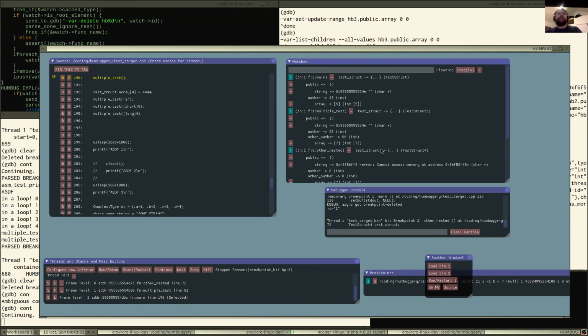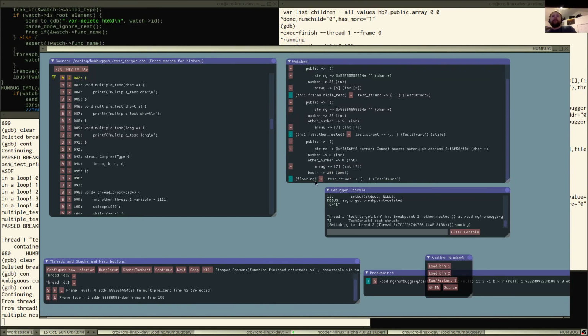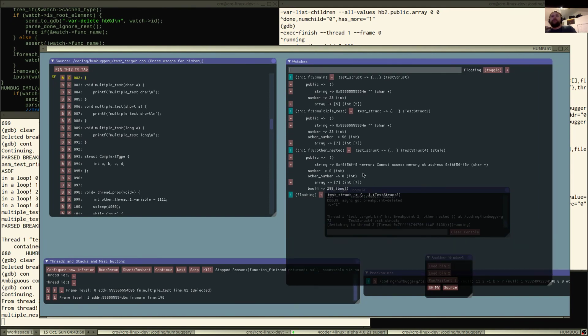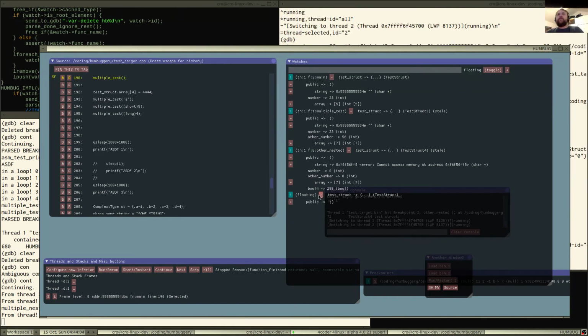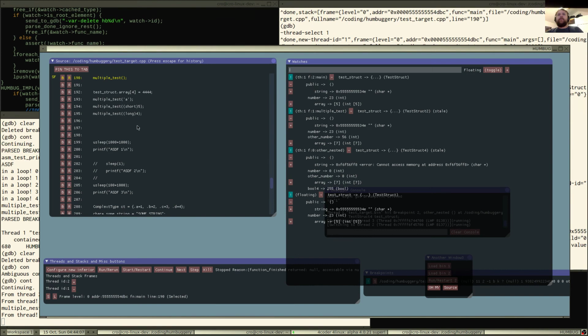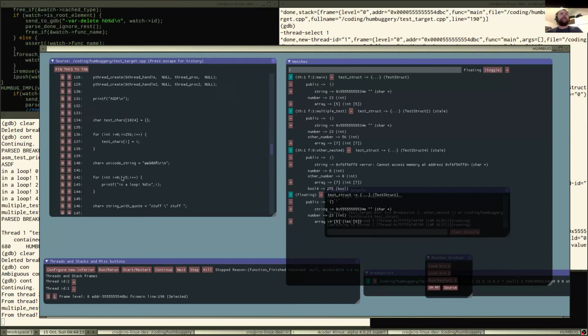Okay, so that's working. And so now if we finish out of that function, we go to here, that became stale, and this one became test struct 2. Interesting. Okay, let's make it big. And if we finish out of that function, so is that other number 59 or 56? Okay, so if we finish out of that function, then okay, good deal. That's good. And then let's go ahead and go to